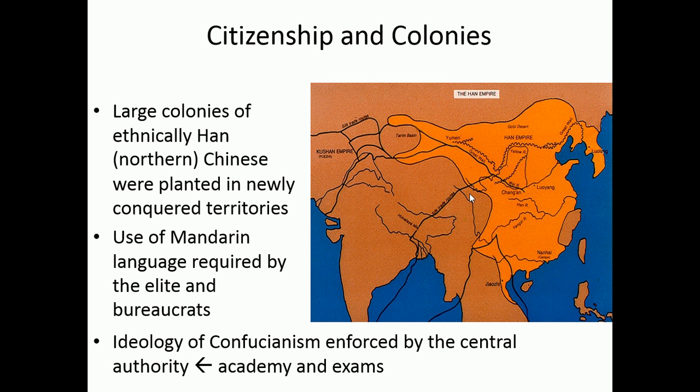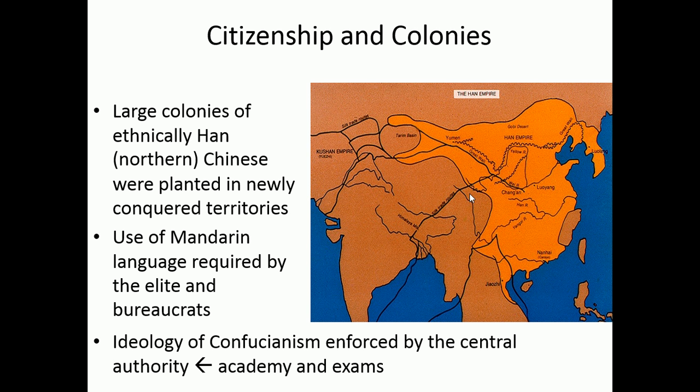All right, both of these empires are very much focused on conquest, and both of them send settlers out into colonies. China does this in a much more centralized way. China made it a priority to attempt to spread ethnically Han Chinese. Han Chinese are the majority ethnic group still today in China, and the Han government intentionally sent groups of ethnic Han peoples out into areas that they conquered.